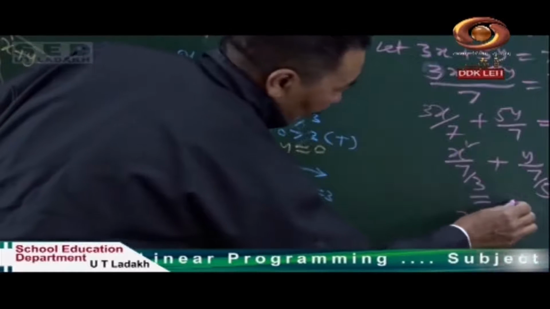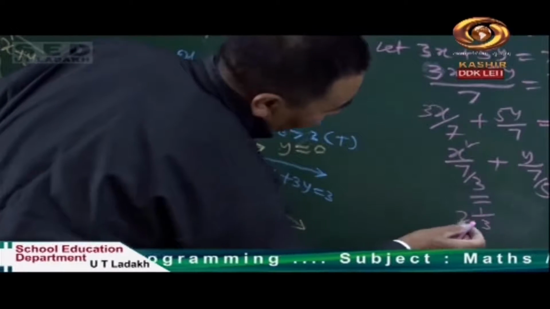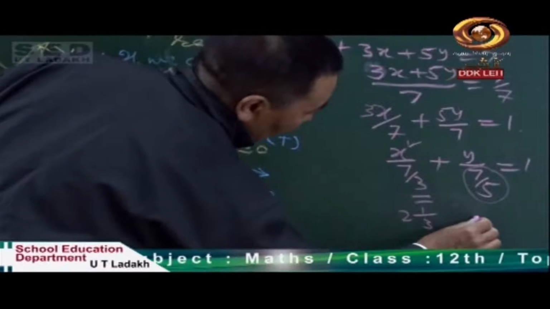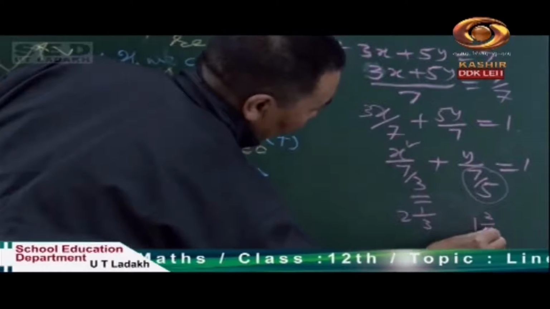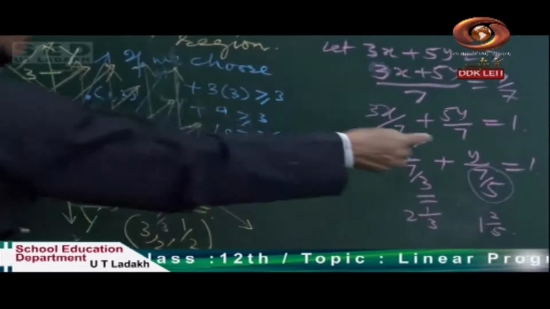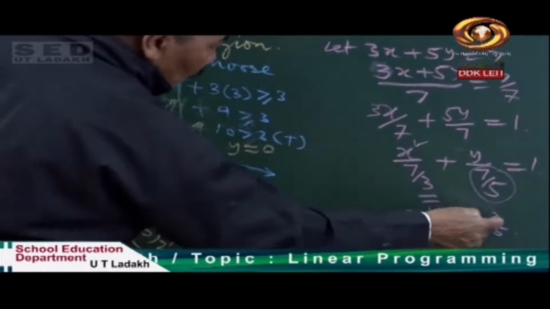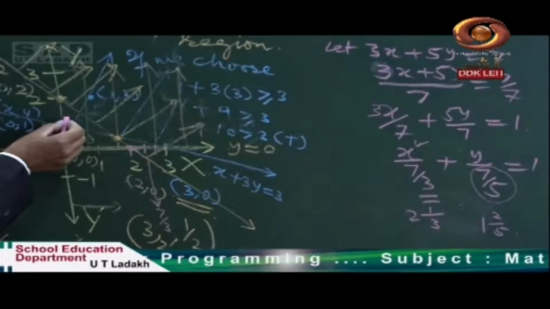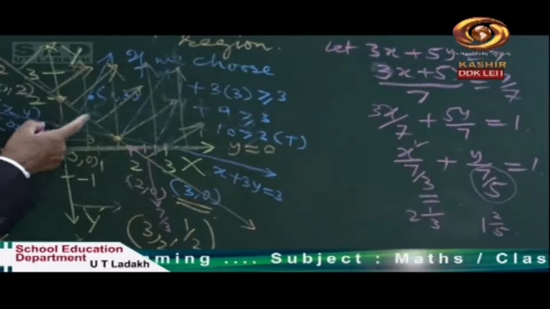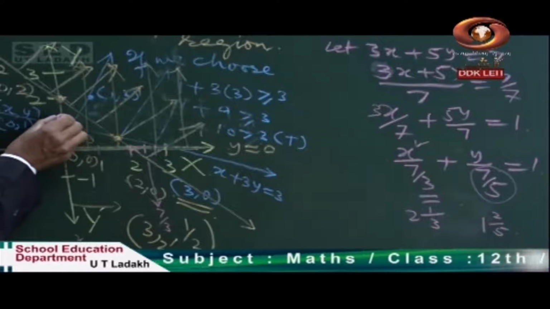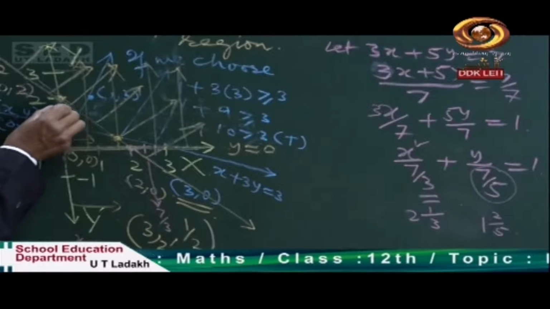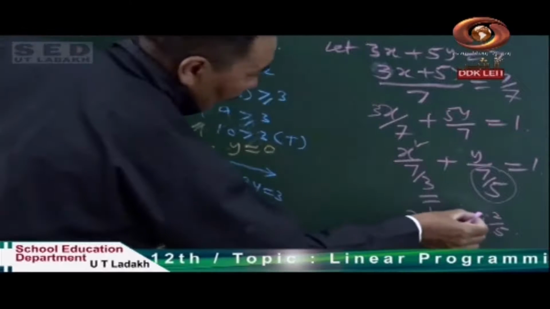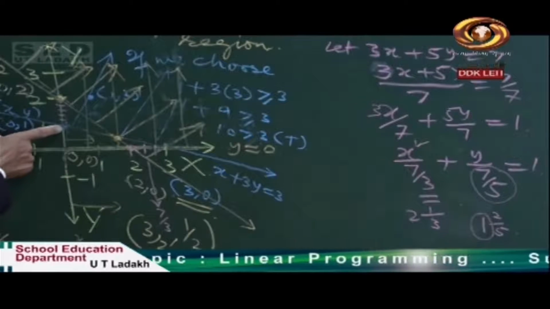Similarly, if I make it a mixed fraction, then 5 ones are 5, 2 upon 5. That means the y-axis intercept is at 1 and 2 upon 5. Then I have to break this section into 5 parts, so I'll mark 4 points over here. I have divided this section, and 1 is complete, a point over here.